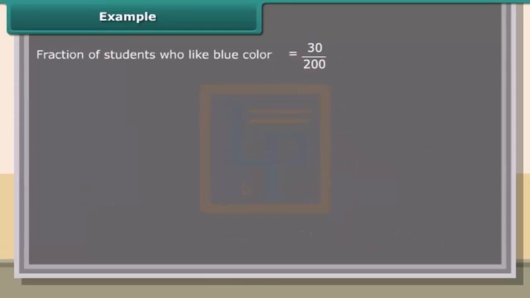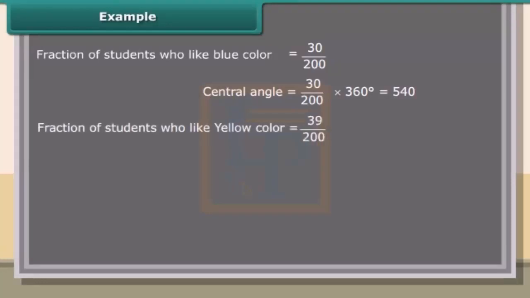Fraction of students who like blue color is equal to 30 upon 200. Central angle is equal to 30 upon 200 times 360 degrees, which is equal to 54 degrees. Fraction of students who like yellow color is equal to 39 upon 200. Now central angle is equal to 39 upon 200 times 360 degrees is equal to